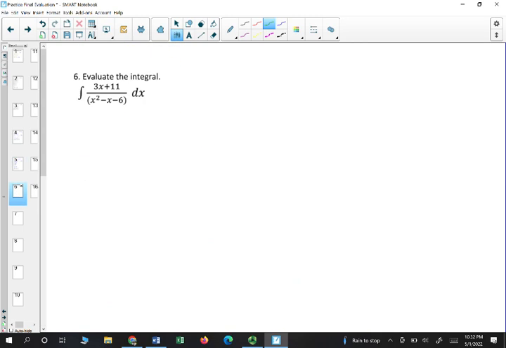Alright, our next one, evaluating the integral. Okay, it looks like we could factor the denominator. This will turn into an integration with partial fractions problem. Okay, so we would have (3x plus 11) on top,